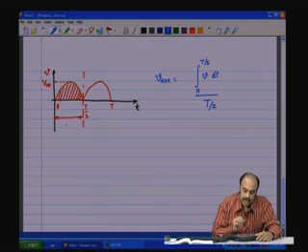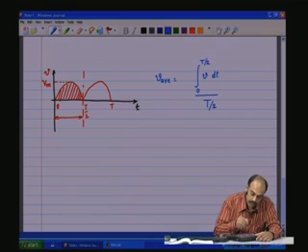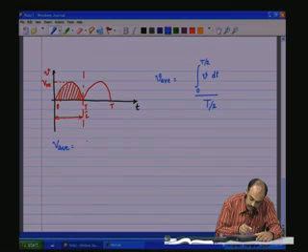This is going to give you the average value. So, we know what V is, therefore, V average is equal to 2 by T integral 0 to T by 2 Vm sine omega t dt,